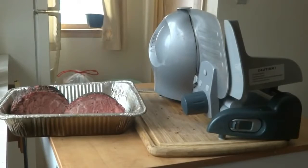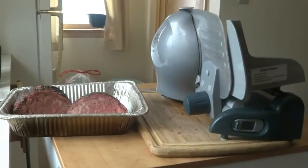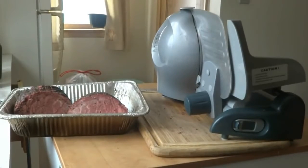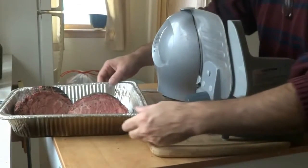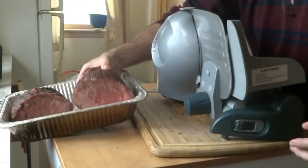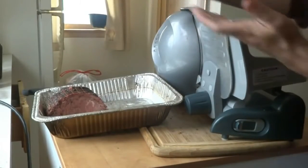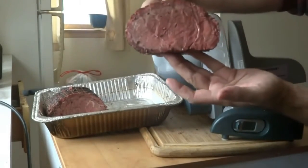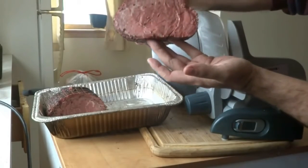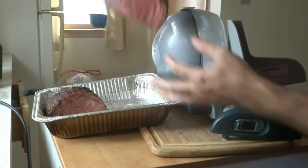Okay, it's the next morning. We took the roast out of the refrigerator, and it's now firmed up. And also cut it in half, and this will give you a good idea of what the meat looks like. Rare. 135, 134 degrees is what we cooked it to last night. It's got a great bark on it. And today I've set up